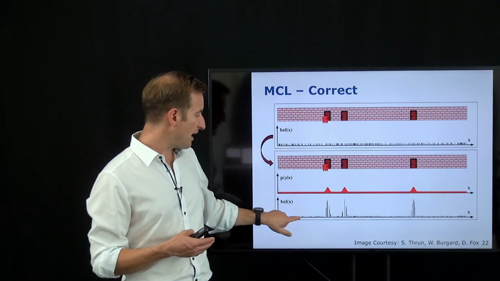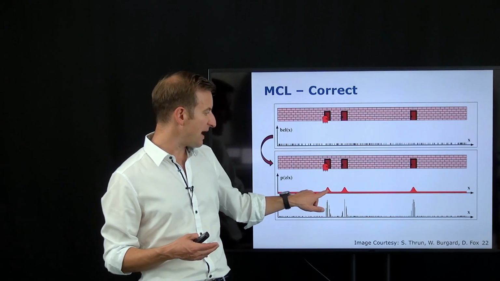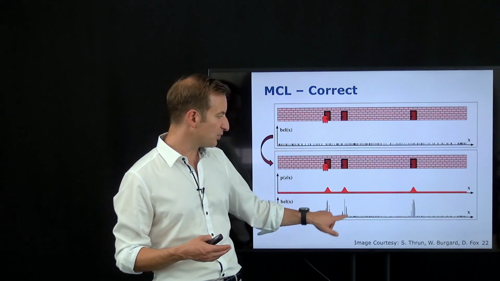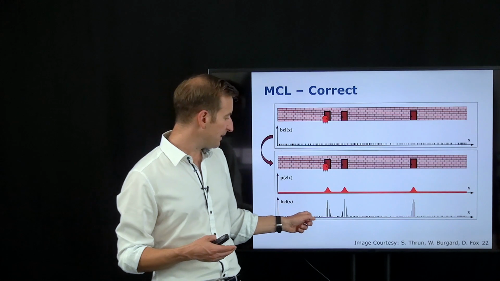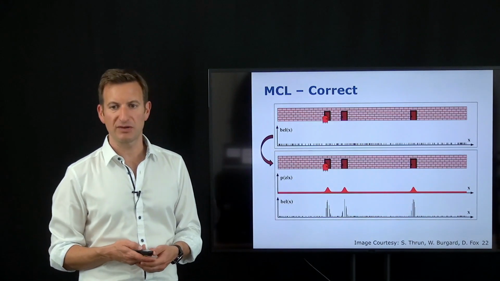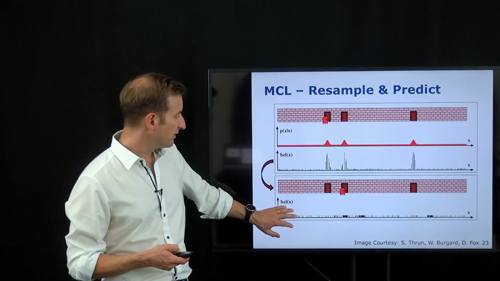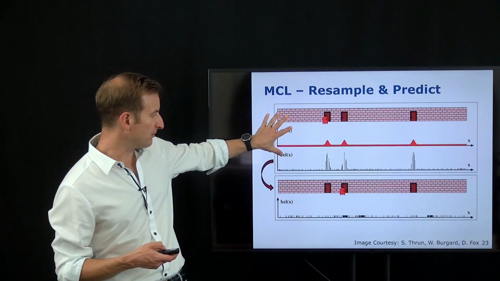So the weighting step will then increase the weight of those samples which are at those locations. So these samples would get very, very high weights, and the other samples will get low weights. So this is my new weighted sample set representation. Okay, so I'm just taking this over here, copying it up, and doing the next step. So this is just copy-paste from the previous slide.